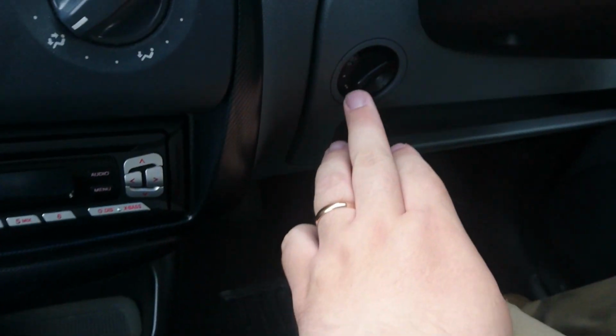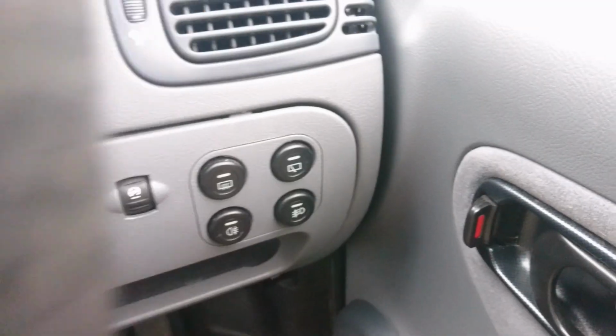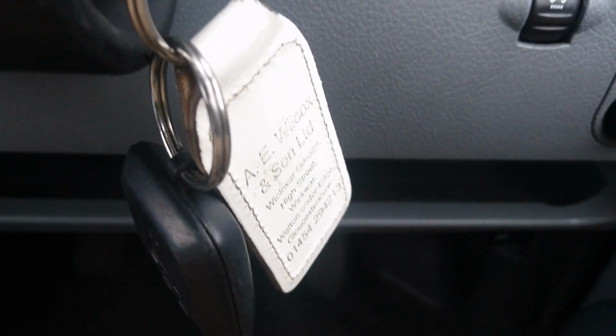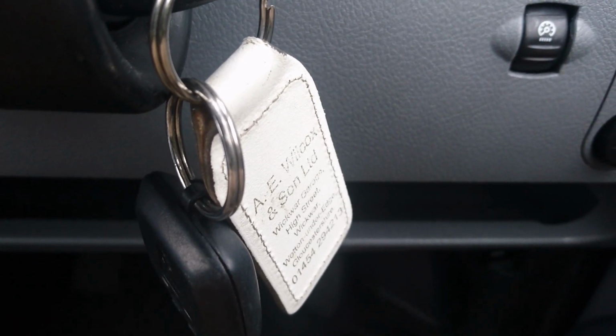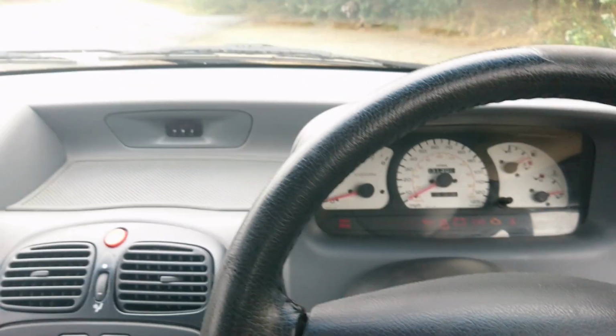There's the control for the headlamp levelling switch. I don't know why it's there. Who knows? We do have dimmable instruments, and the original key fob would have come with this particular car when it was new in 2006, although as we know the car would have been made in 2005. One thing you can say is there's lots of headroom and everything in here, but I mean everything, just quality of